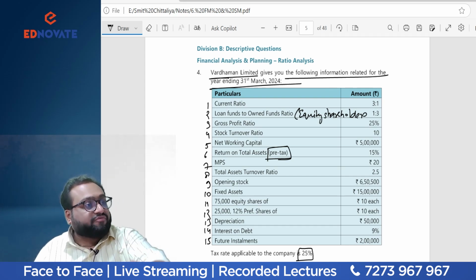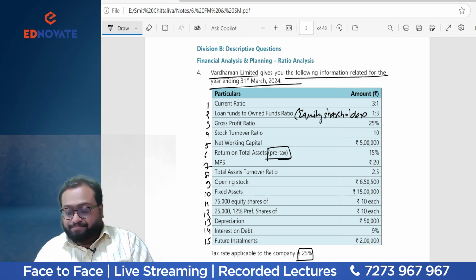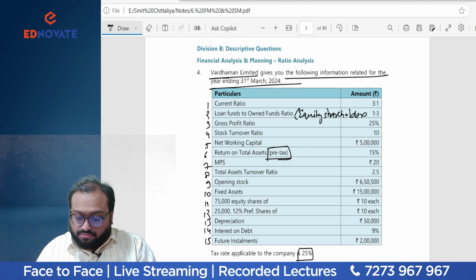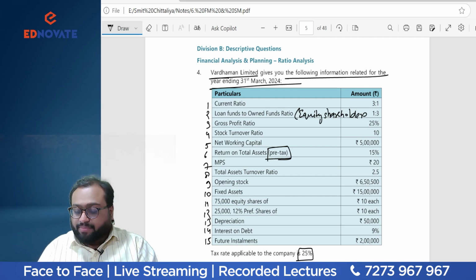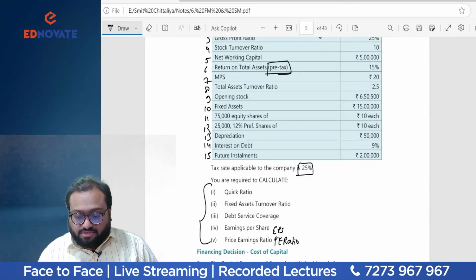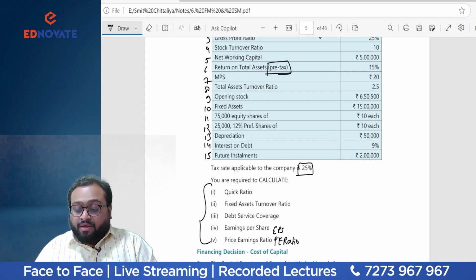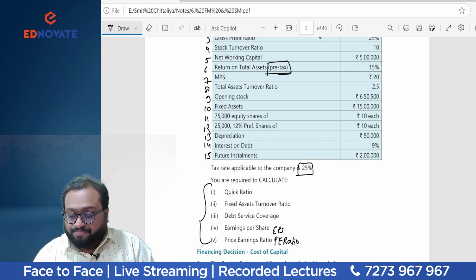25,000, 12% preference share of 10 each. Depreciation, interest on debt, future installment. Nice. Tax rate is 25%. So I don't want to enter into the requirement area first. You are required to calculate quick ratio, fixed assets turnover ratio, debt service ratio, earnings per share, and price earning